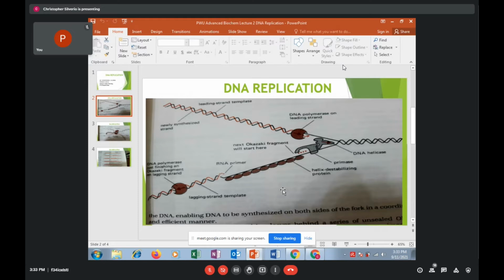Do you have your assignment on DNA replication? Have you accomplished this assignment? About this? What I'm going to explain